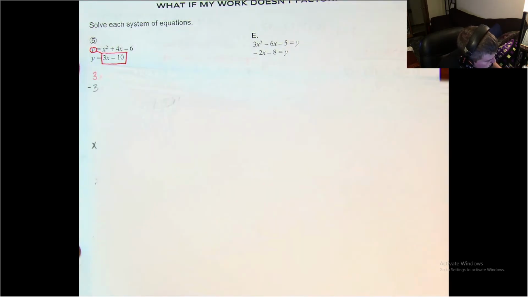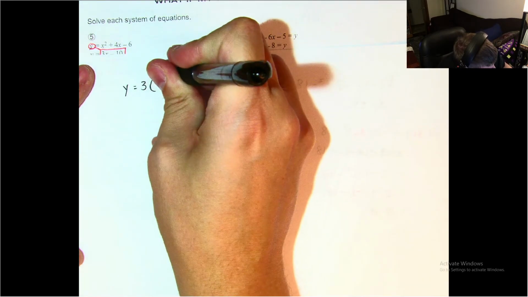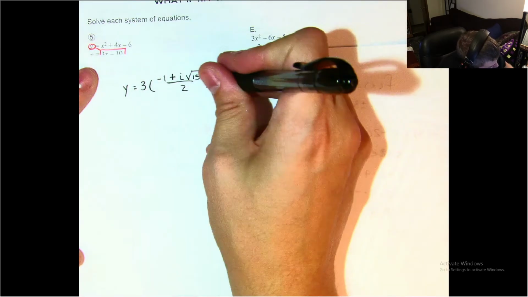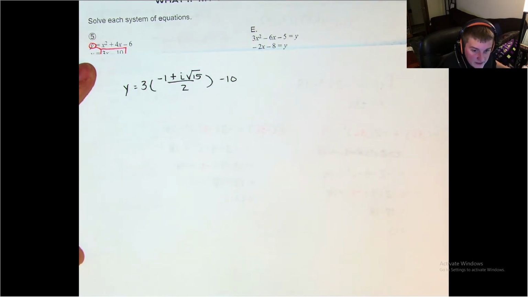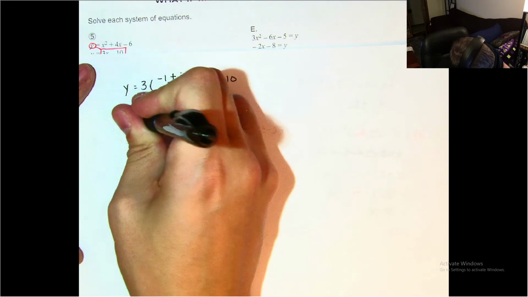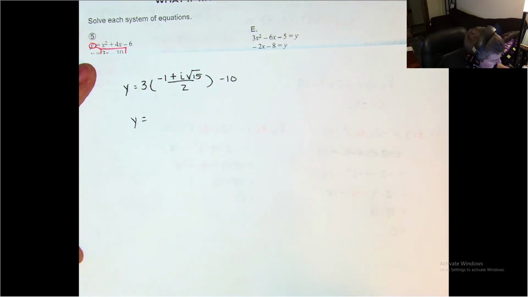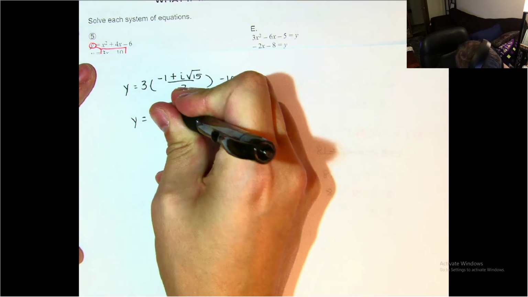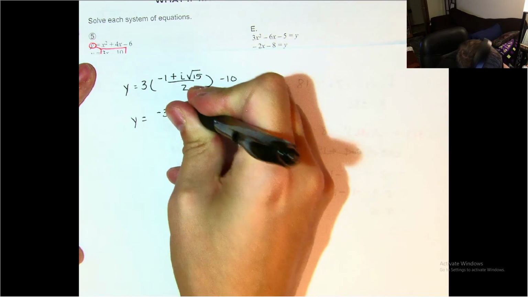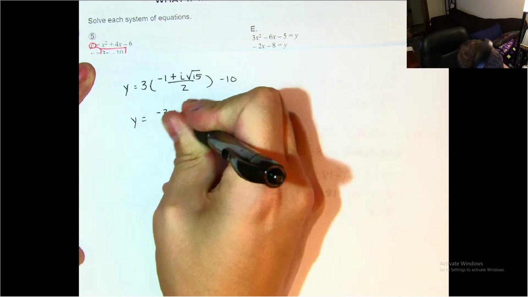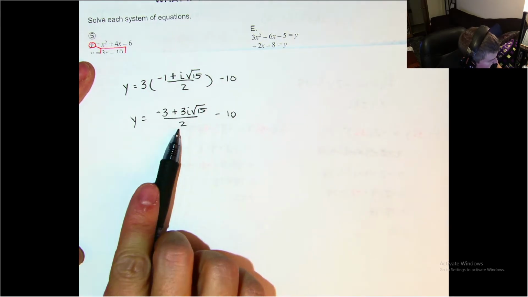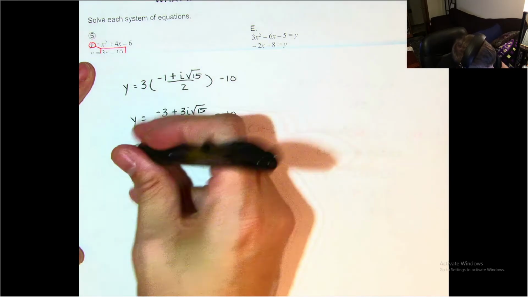Okay, and so here our first solution would be negative 1 plus i square root of 15 over 2, minus 10. Okay, and then if we wanted to do that here, we would say y. Well, we'd have to multiply this in, so that would be negative 3 plus 3i square root of 15 over 2 minus 10. I would need to get this as a denominator with, or have a numerator and a denominator of 2. So we would have y is equal to,